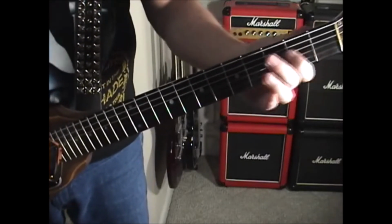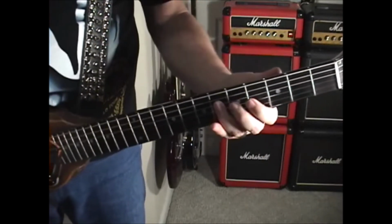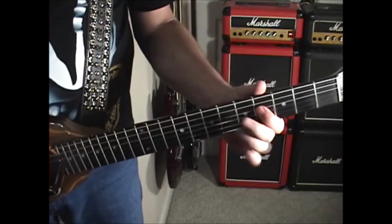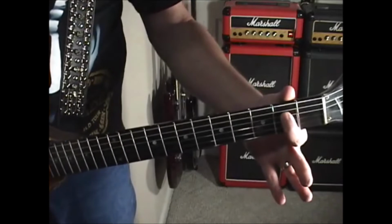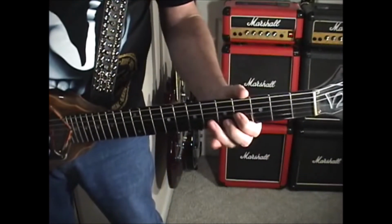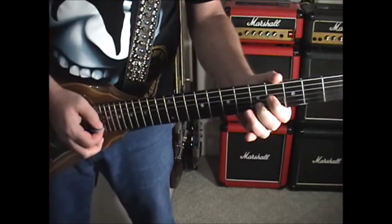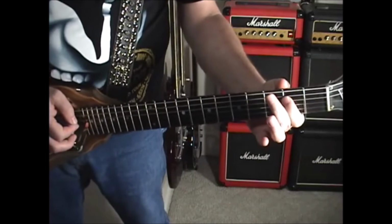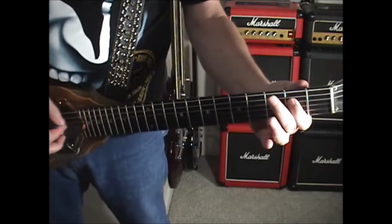6, 4, 2. Okay, so you do a 6 with your ring finger on the D string, pull off, and then slide. Okay, so you just hit it one time with your pick. Okay, that's all one thing. Now this is all one thing. Then,